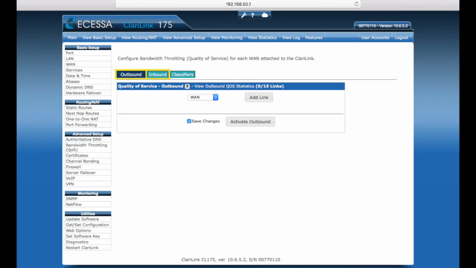To start with, it's important to look at QoS concepts as a whole as we walk through the basics. The root class is created automatically when you add a WAN line to the QoS. It essentially defines the WAN itself. It defines the overall resources you want to allocate to the connection, basically how much is available to all the classes we'll create below it. Note that you configure outbound and inbound QoS separately under the relevant tabs.